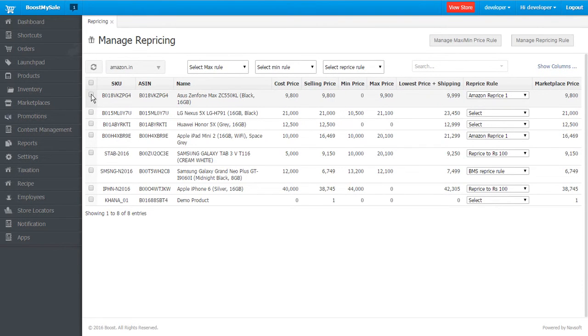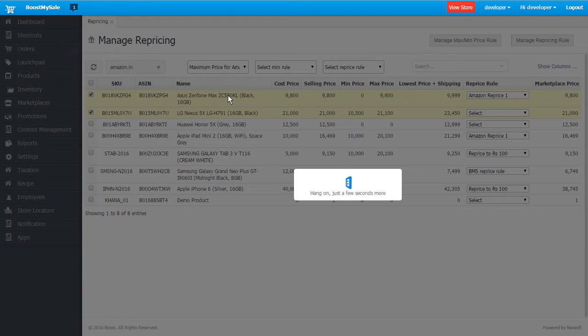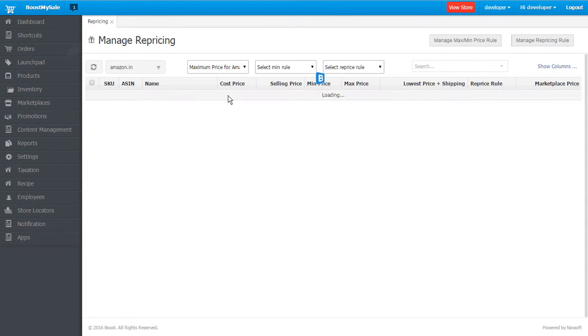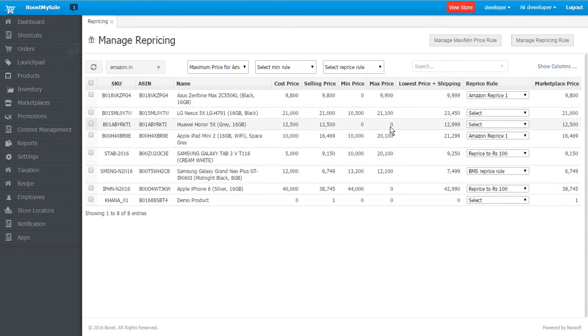Now select one or multiple products from the list and apply the maximum rule that you have just created, maximum price for Amazon India. You can find the maximum price of your selected products here.